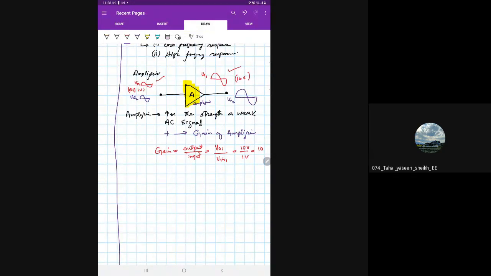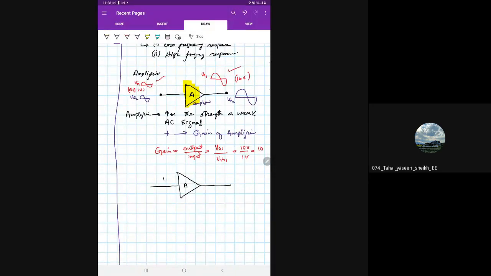One amplifier can have one gain, another amplifier can have another gain. तो ये तो एक चीज है. The second thing that you have to remember that now see, if for example you have an amplifier here, okay,